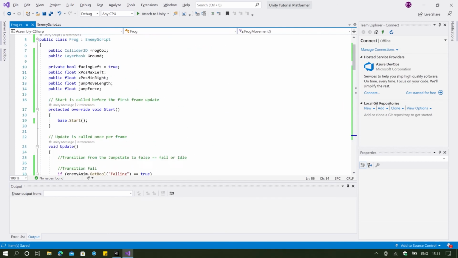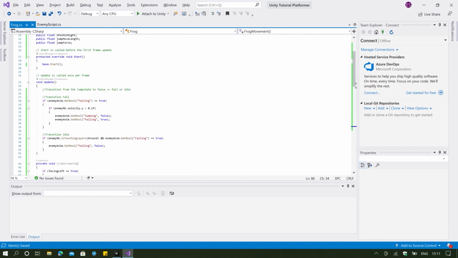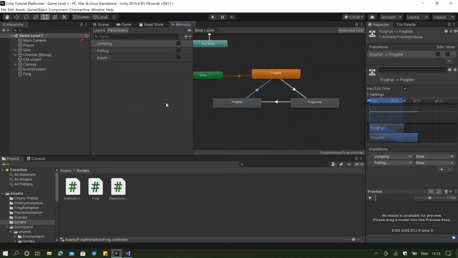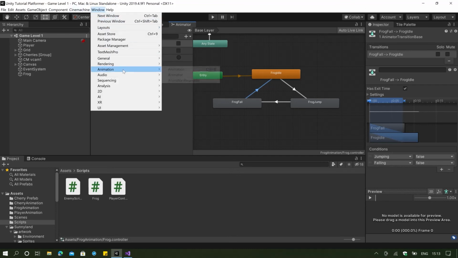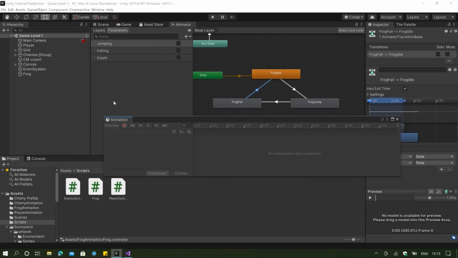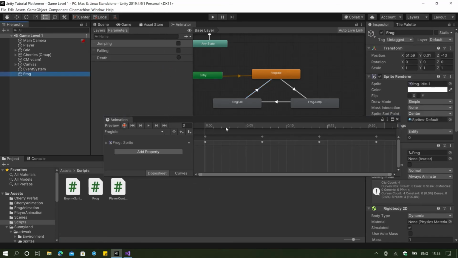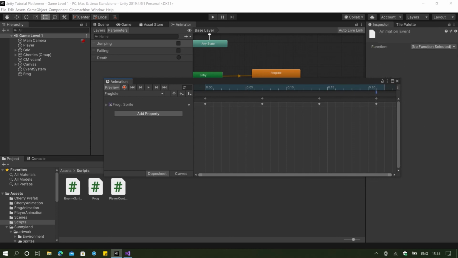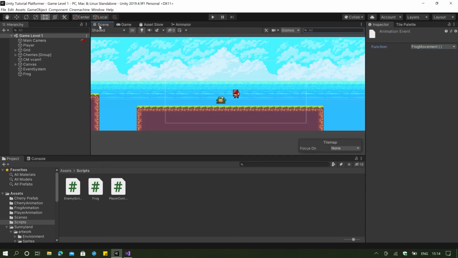Okay, so now our main problem here is the fact that the frog movement here is not executed or called in any way. And we can actually call this using a simple method that Unity provides, and it's very cool, and only Unity would have this programming style. So what we're gonna do is go to our frog idle here. We're gonna go to the end of the timeline, let's just say 20 seconds here, add an event here, and basically this event will call our function, and we're gonna say frog movement. And now if we click close again here, go to our scene, click play,